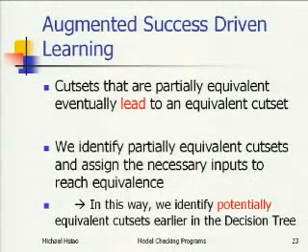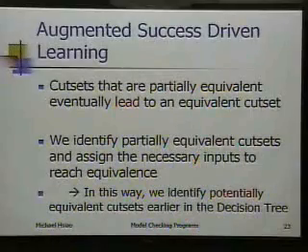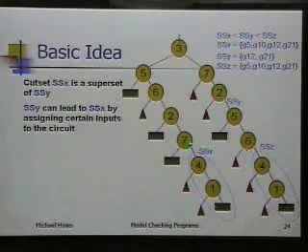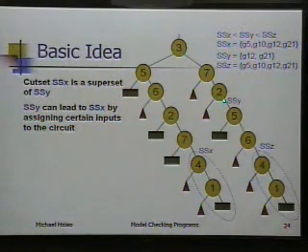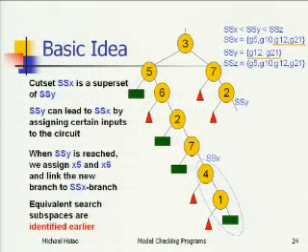Okay, so we're going to represent search states in ZBDDs. We identify partially equivalent classes of search states to see what benefits we can gain. So for example, so far, if we see that SSX and SSZ, these two search states, are the same, then we can link them together. That's what we know so far. However, suppose we reach SSY, a state that is different from SSX. In particular, if we know that SSY is a subset of SSX,